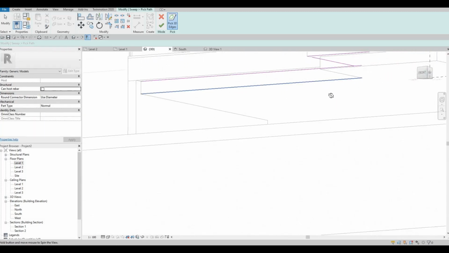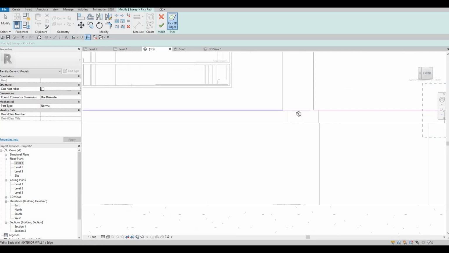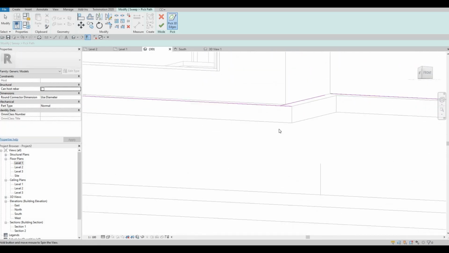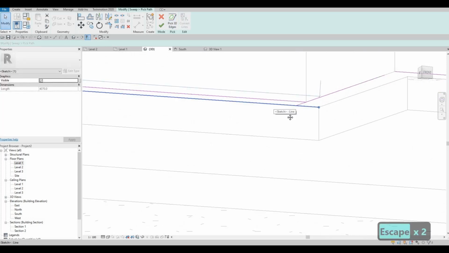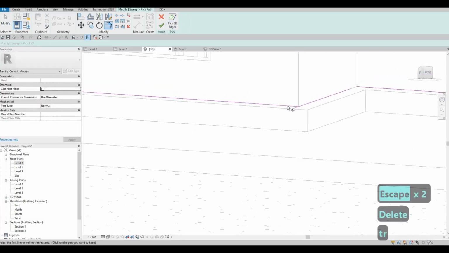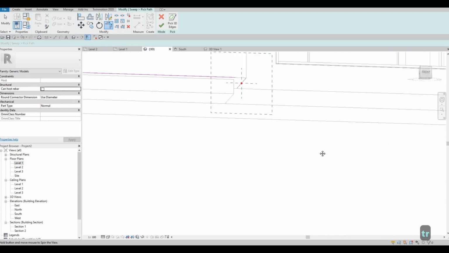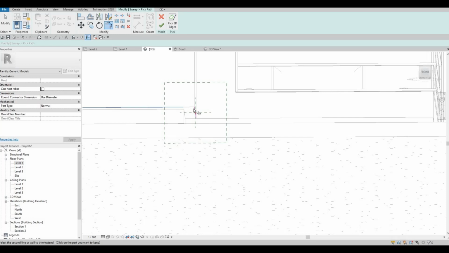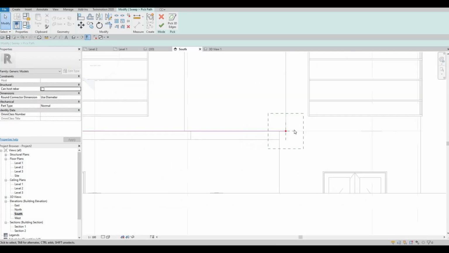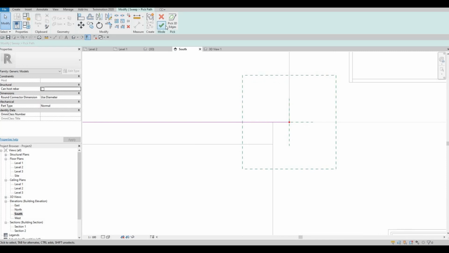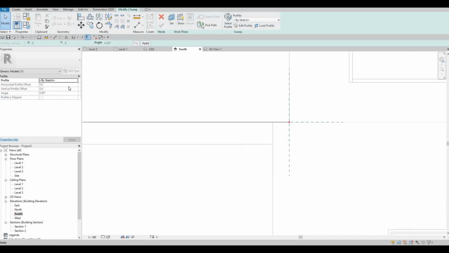And then once you're good with that, just want to make sure that I covered everything. So as you can see, I need it to be here, not at the outside. So I'm gonna trim this now. So everything is connected. And then now I want to go to south elevation and I want to cover this up. So the finish,